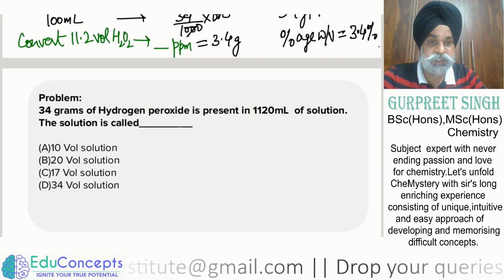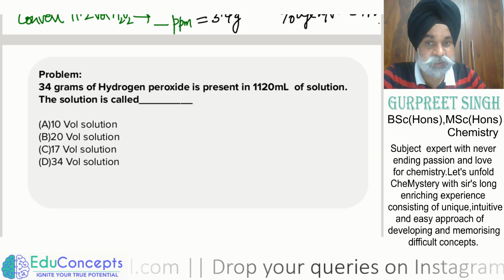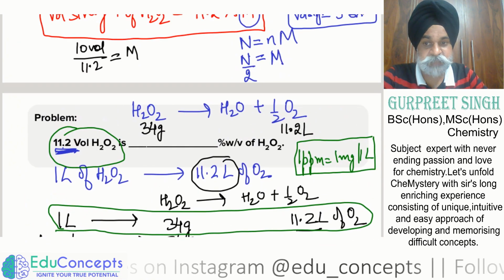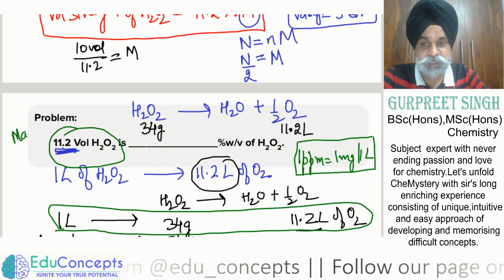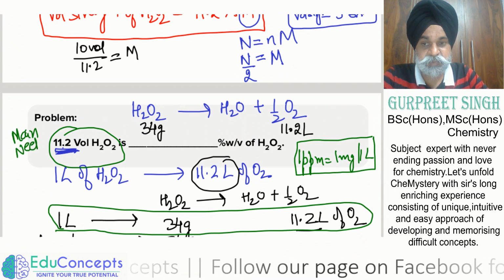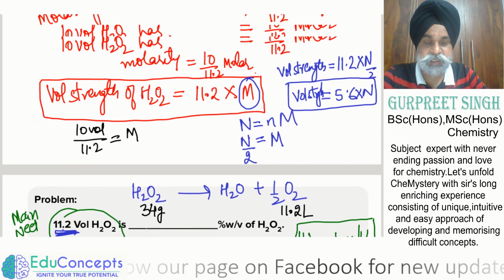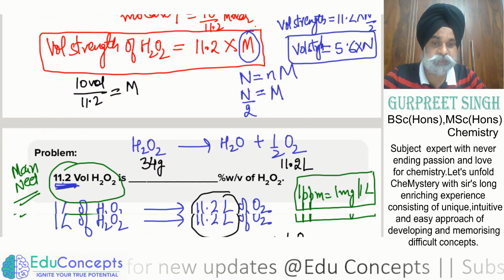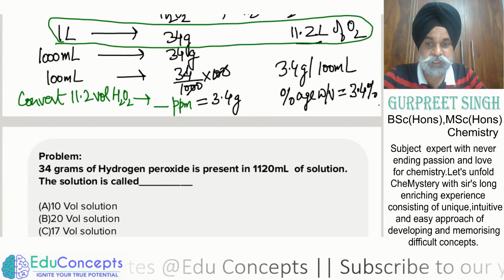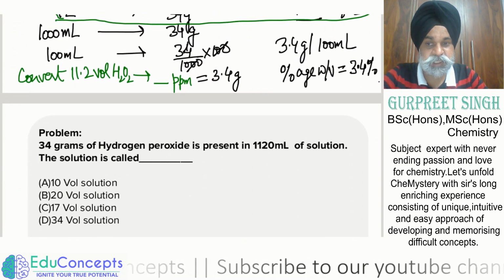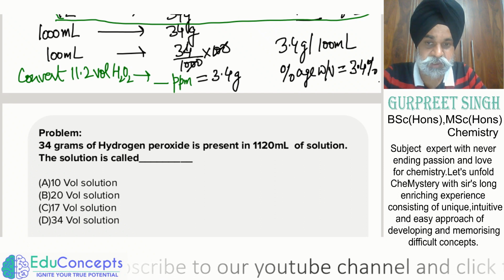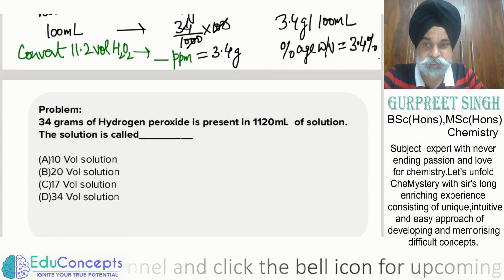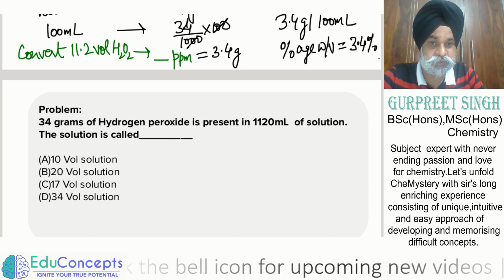So let us move further a bit. Another problem, which is quite relevant to NEET exam and mains exam. This is quite an important one, and same is this one, if simply it is being asked 10 volume or 20 volume. So moving on, another question. It is again in context with NEET or JEE mains level. It is quite an important question. It may be asked like this: 34 grams of H2O2 is present in.